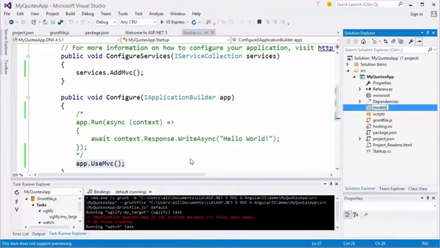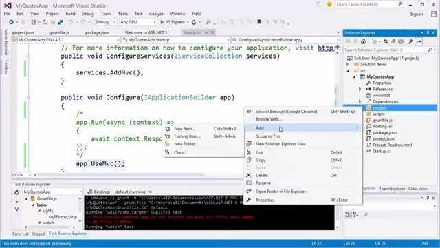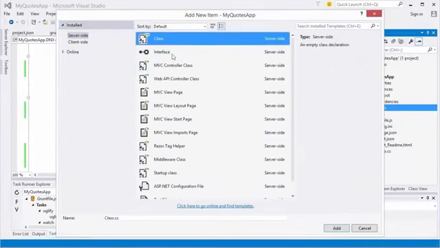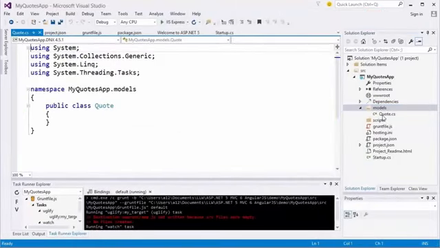We're only working with one model in this particular demo, but you would add all of your server-side models in a real-world application to a models folder so it's separated logically from the rest of the application. Now, with my models folder in place, I'm going to right click and add new item, and that item is going to be coming from my server-side templates, and it's going to be a C# class. As we mentioned, we're going to be working with quotes here, so I'm going to create this class, giving it a name of quote.cs, and if I were to add that, you can see where that shows up in my